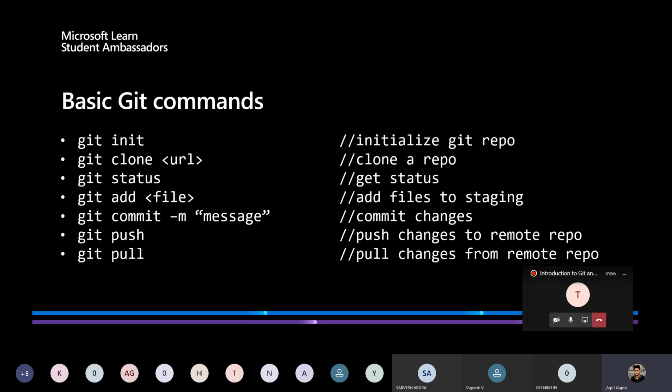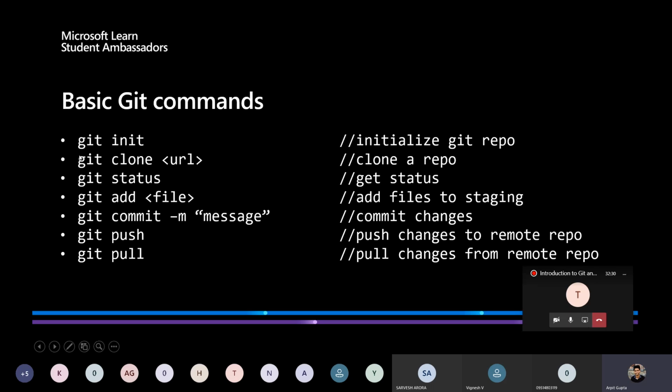So now it's time to see some very basic commands of Git. I know you now have a rough idea of what Git and GitHub are exactly and why they are used. So as I said, Git is a command line interface, so it is used via the command line or terminal. These are very basic Git commands which you will be using. And the good thing is that these are the commands you will be using almost 80% of the time. You don't need to use any other command, unless you have a very specific purpose.